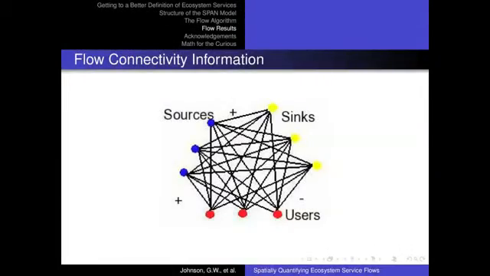Specifically, 16 output maps come out of the simulation for every ecosystem service, telling you a bunch of different facets of it, spatially distributed in different ways. And here we have this amazingly low resolution diagram